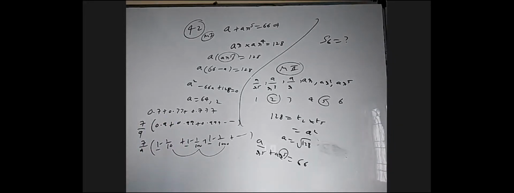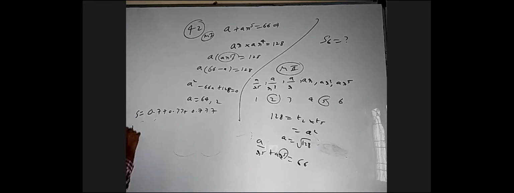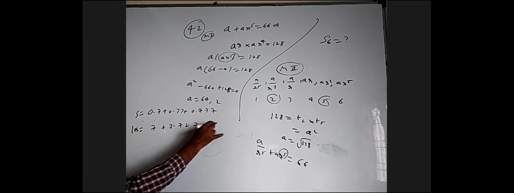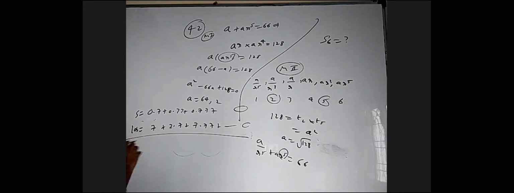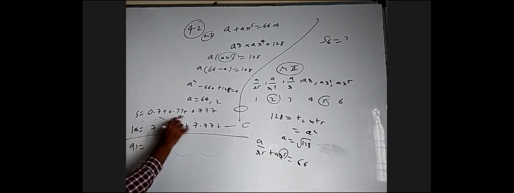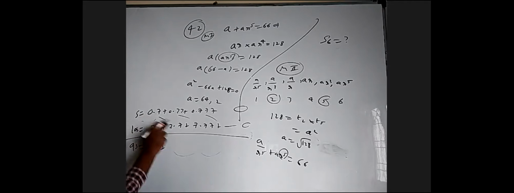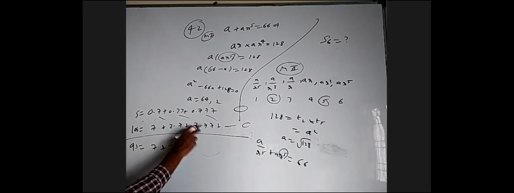Sir, 43 doubts. Yeah, I'll discuss. Another way: if I multiply by 10 and subtract, what will happen? This is a better method, but let us see. This is S. What about 10S? You are going to get 7, 7.7, 7.77, and so on. You have to look at the last terms carefully. From this, if you subtract, and I want to subtract like this, I'll get 7. 7.7 minus 0.7 is also 7. 7.77 minus this, that is also 7. I'm getting a lot of 7s.